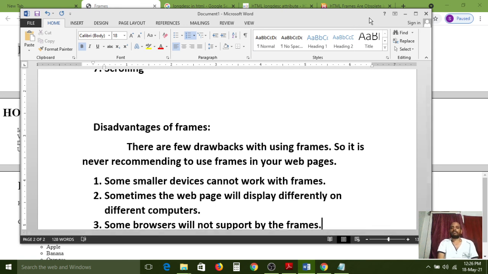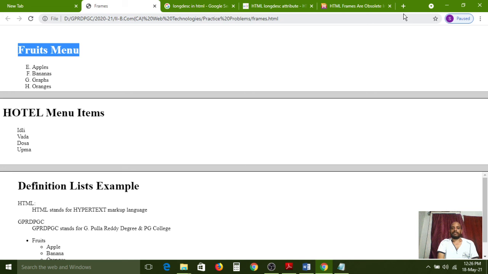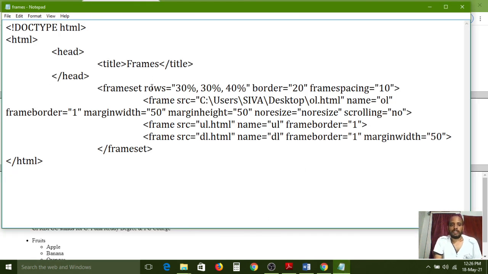And one more thing, a simple example I have given here: rows contain 3 columns. I have divided 30%, 30%, 40%. So the first 30% is the first panel, the second 30% is the second panel, the third 40% is the third frame.